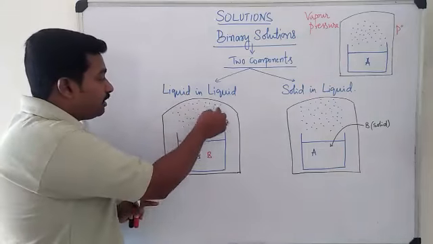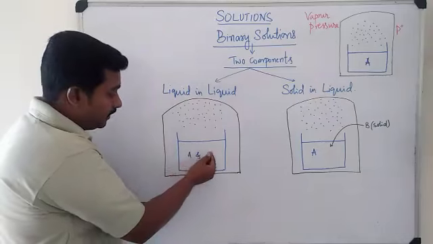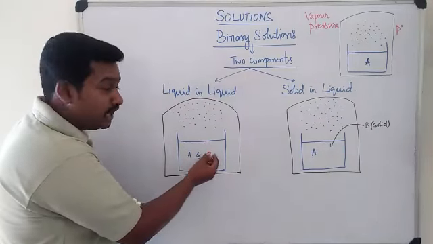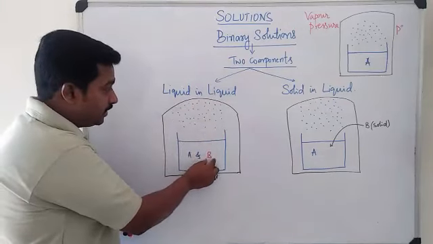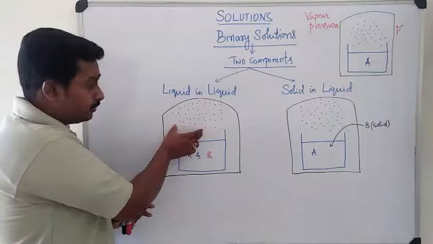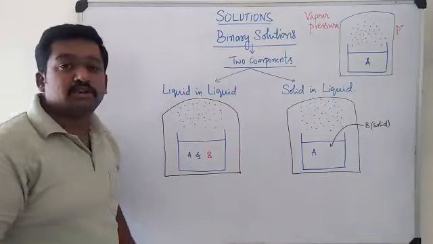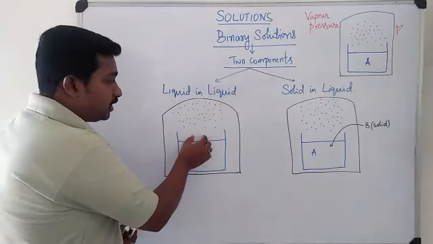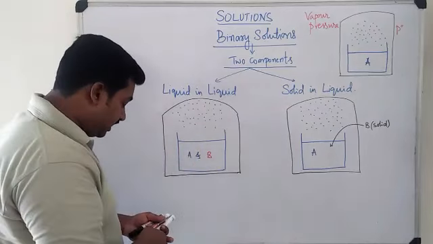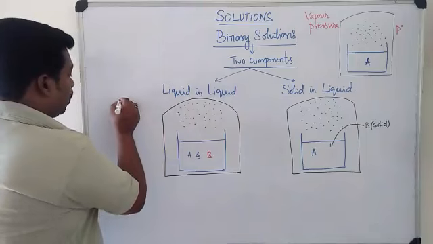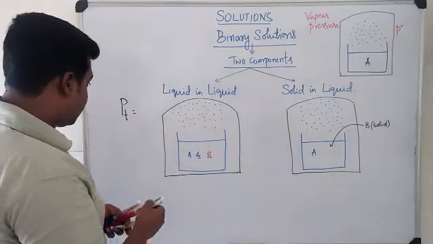A evaporates to form the vapors of A here. You can see the blue dots here from the blue liquid A. And the red colored B liquid evaporates, and the red dots indicate the vapors of B liquid. So there are both the vapors in this state. Both the vapors of A and B are here. Together they start exerting a pressure on this liquid, and that pressure will be called the vapor pressure of the binary solution AB. Anyways, in this case, the total pressure exerted, P total, according to Dalton's law, says